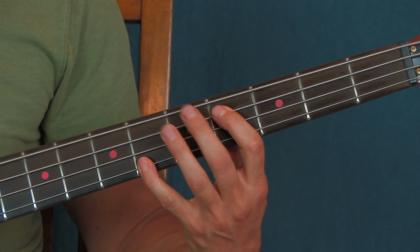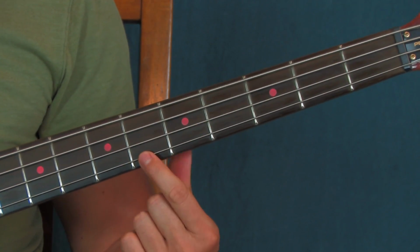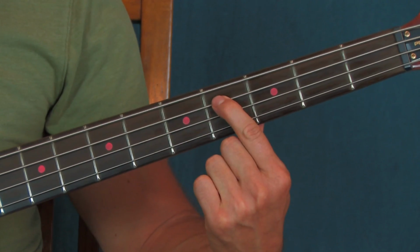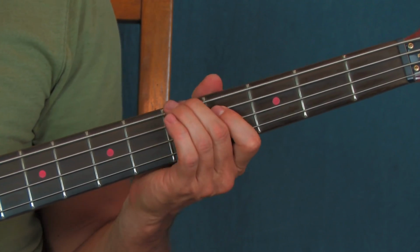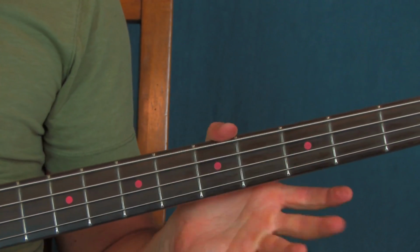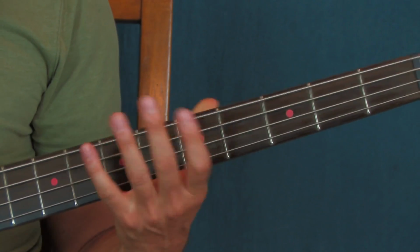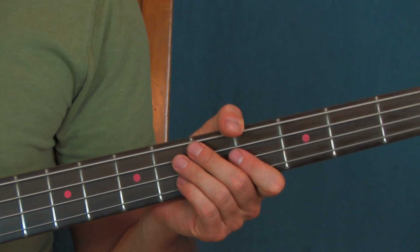See, these are octaves, so I could play it like this, where I'm just transposing this note to here. So you're actually playing the same note, just a different pitch. You'll start to do chord inversions and all different kinds of stuff once you start to have fun with chords. And anyway, if you like Pinback...